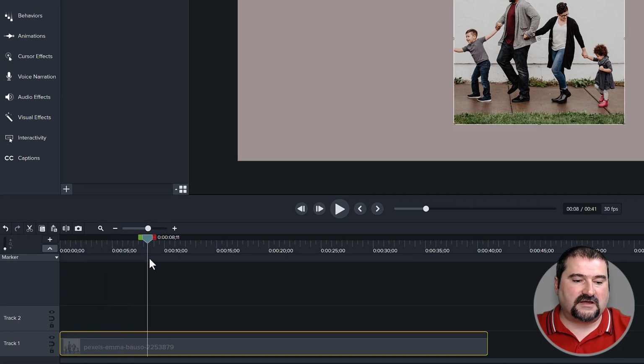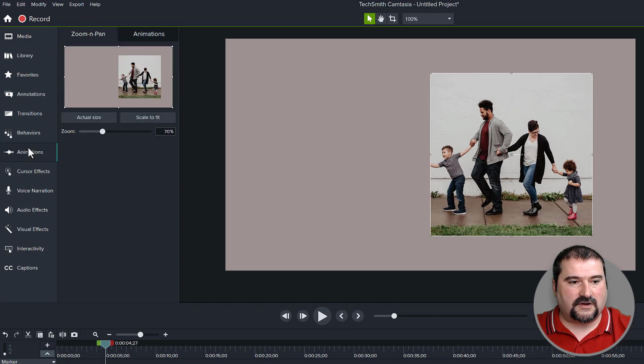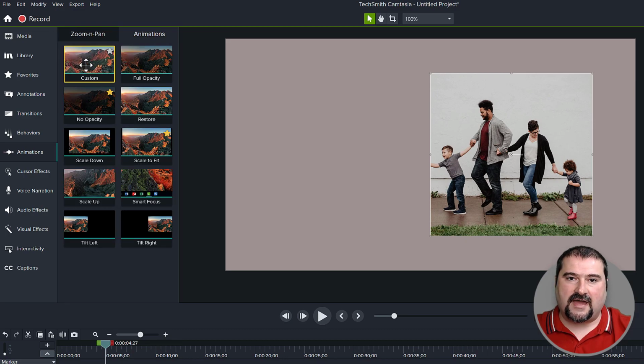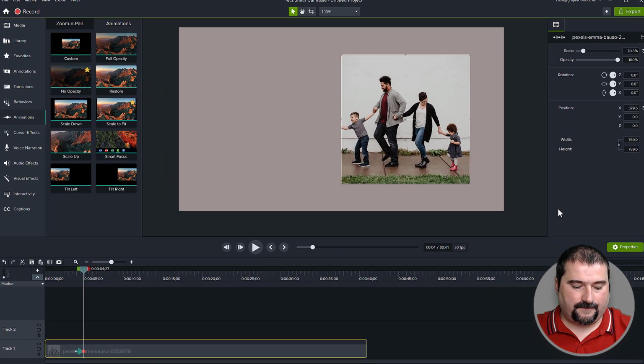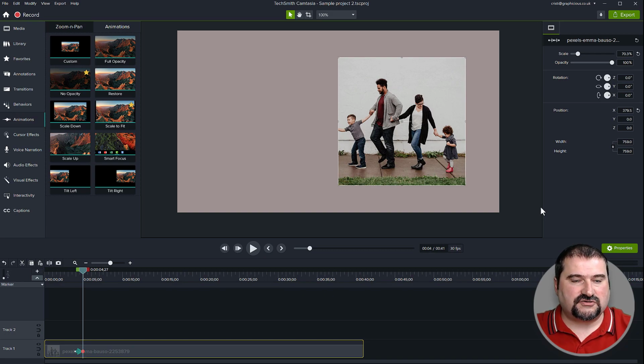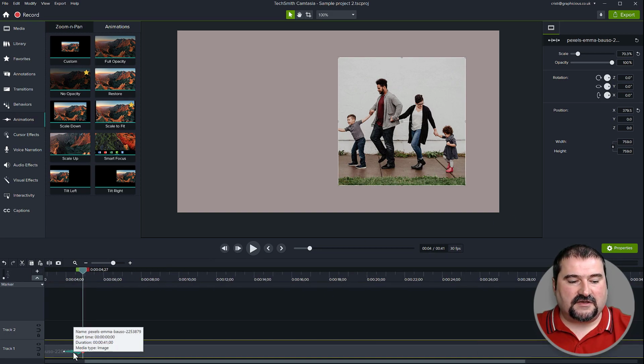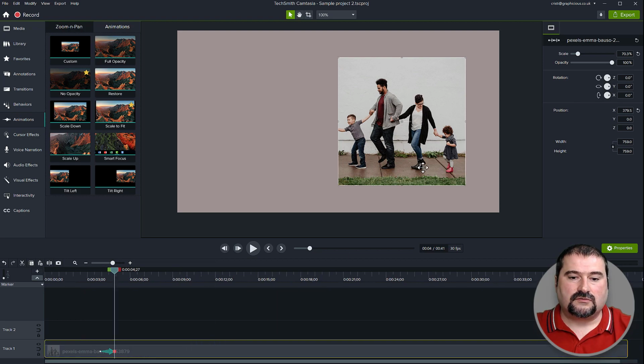Okay, so if you look on the timeline here, I'm going to go to around the 3-second mark. Again, you can move this and add an animation, Shift and A, or you can go to animations right there and drag a custom animation to the timeline on this image. So before we continue, make sure you save. Okay, so I saved. Make sure you save often. So this is my animation right here, and I want to flip this. Okay, so before I add the animation, we need to delete this animation now.